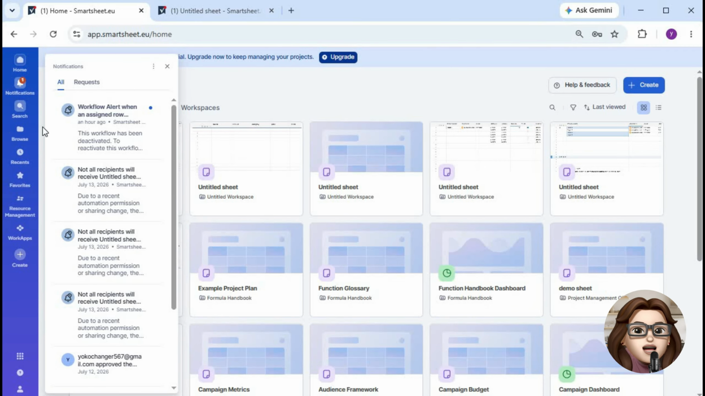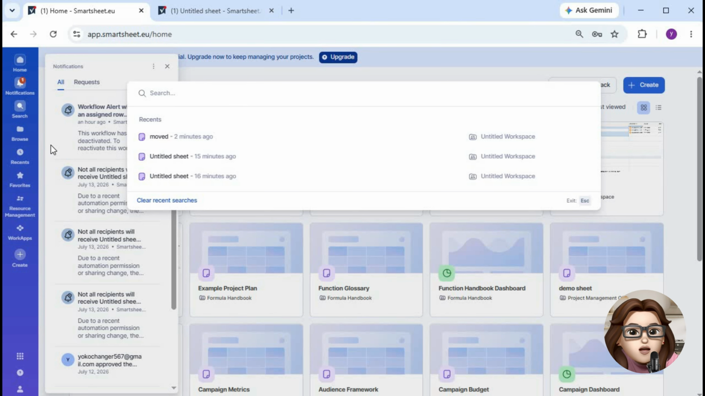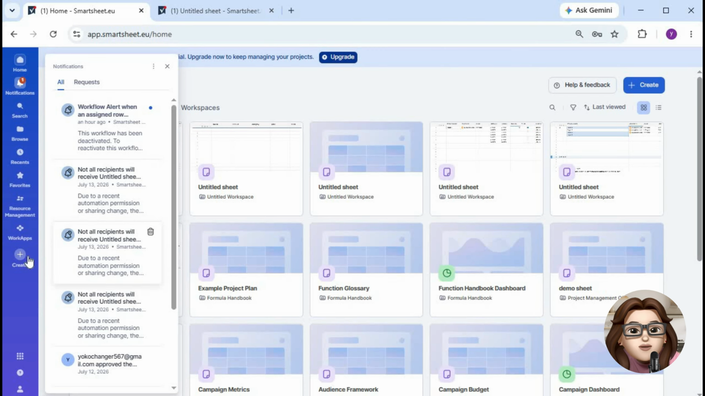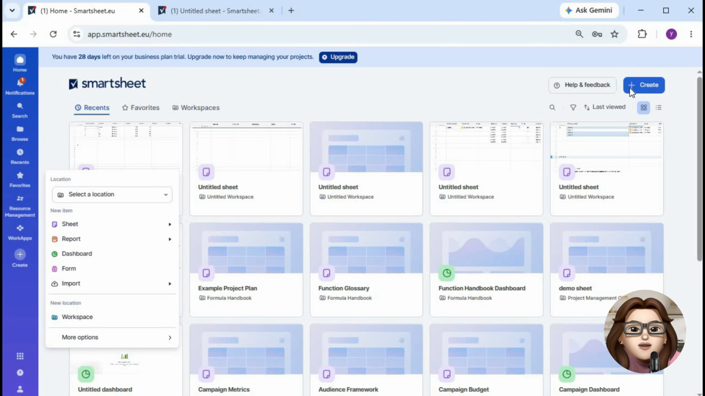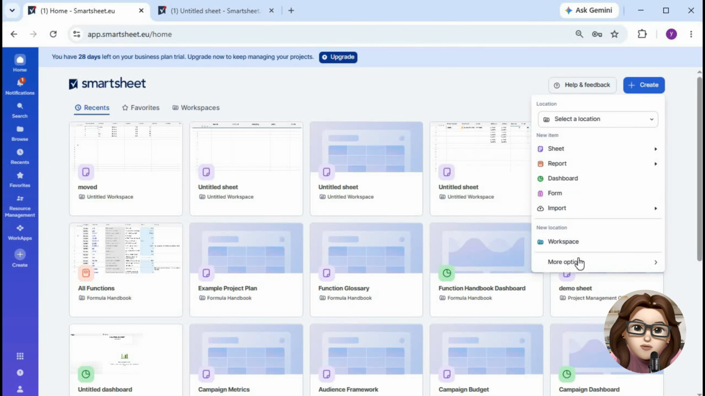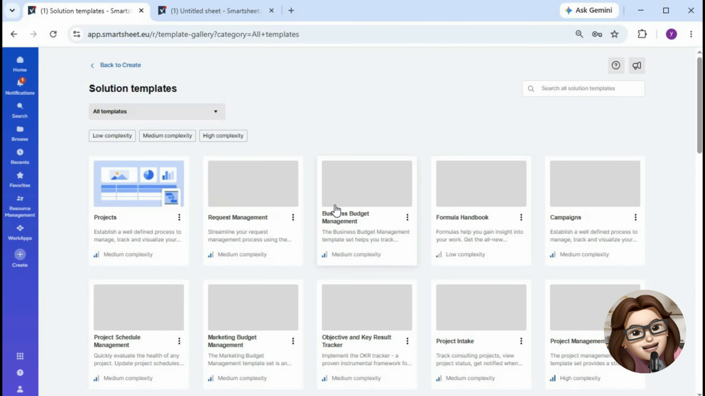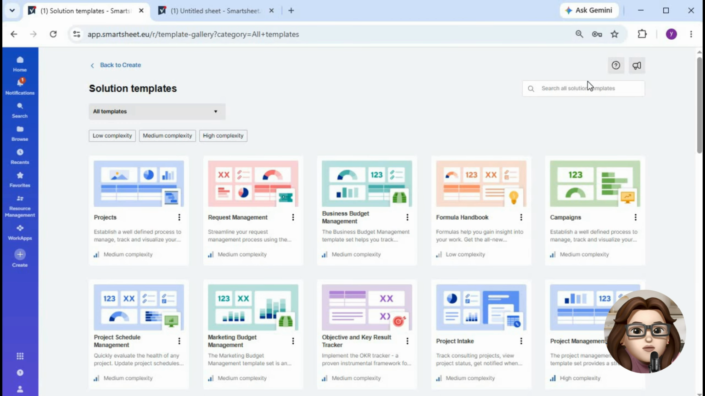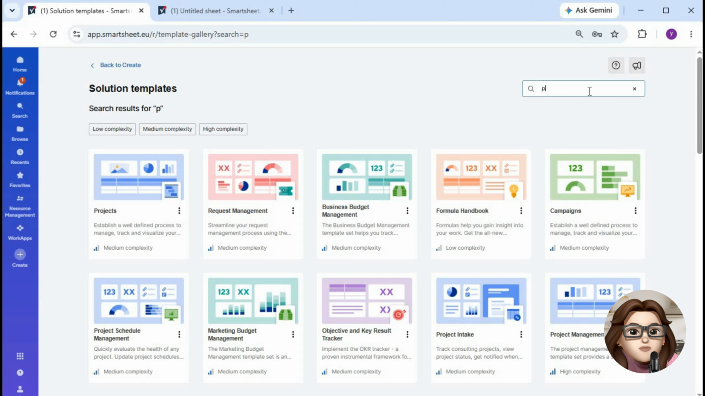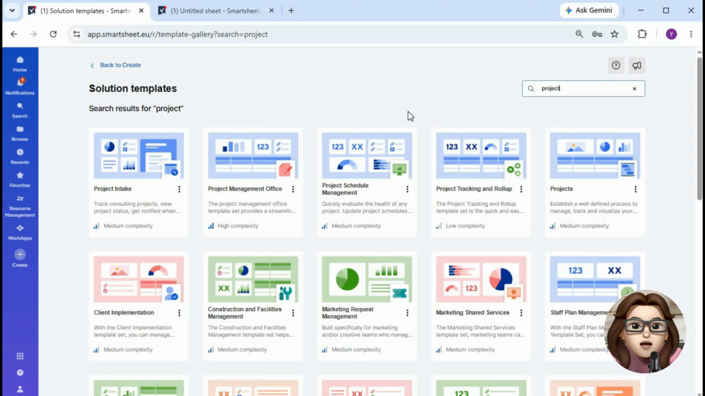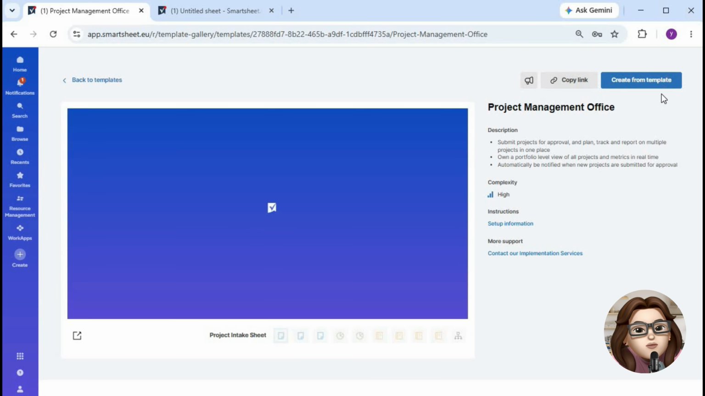reports. To create a project, click Create and choose either a blank sheet or a project management template. For beginners, a project schedule template is the fastest way to get started since it already includes task names, owners, statuses, and deadlines. Next, customize the sheet by adding your project tasks, assigning team members, setting start and end dates,